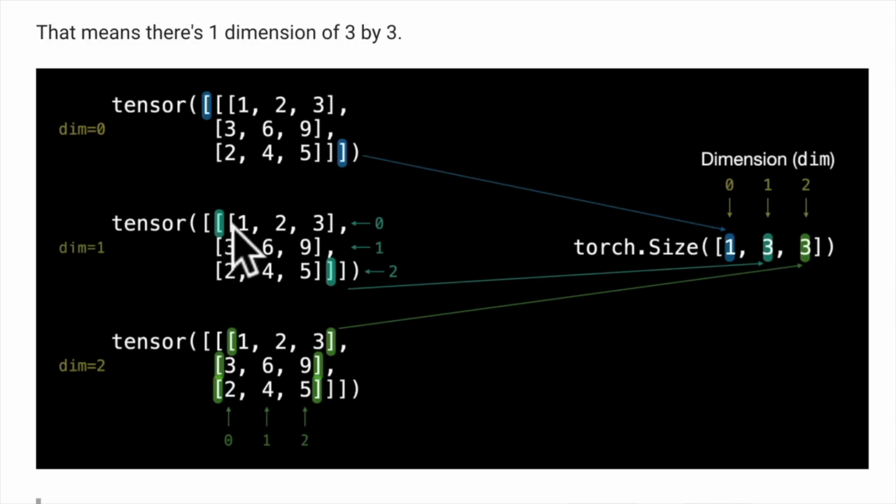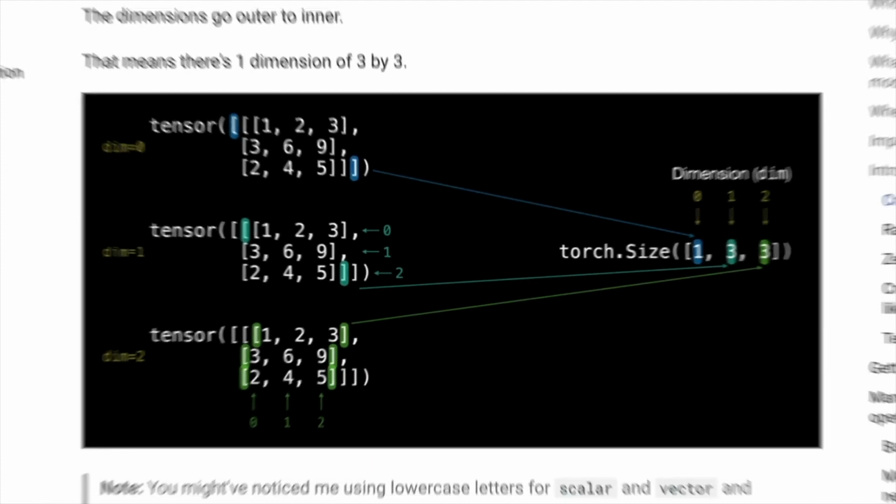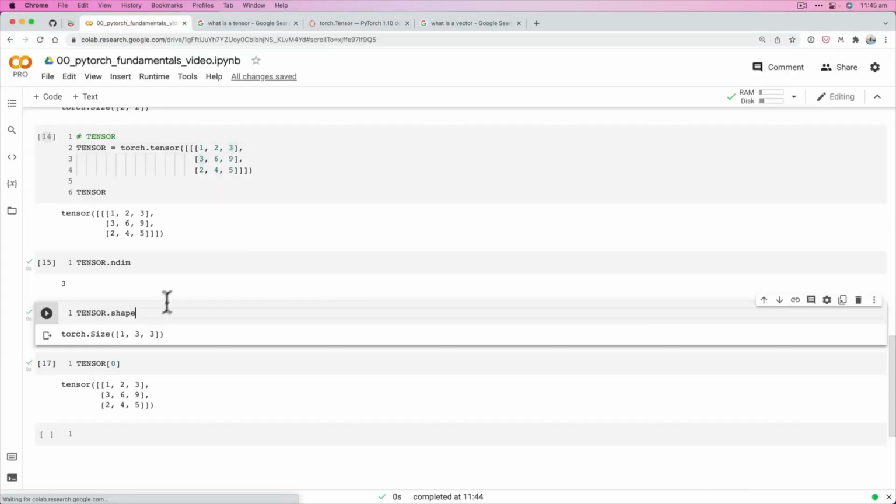Then dim equals 1, this one here, the middle bracket, lines up with the middle dimension here. And then dim equals 2, the very inner, lines up with these 3 here. So again, this is going to take a lot of practice. It's taken me a lot of practice to understand the dimensions of tensors, but to practice, I would like you